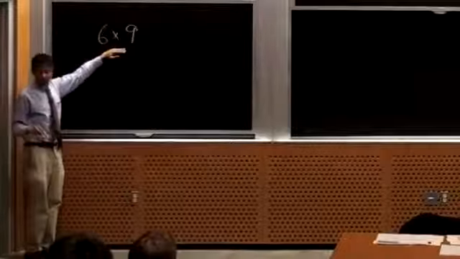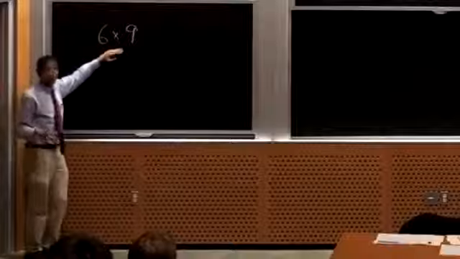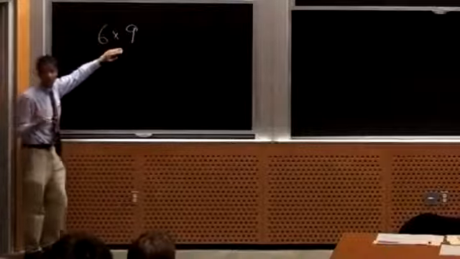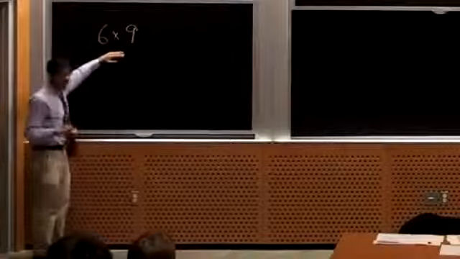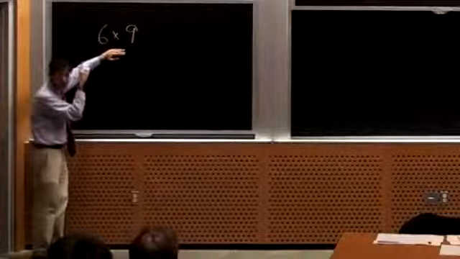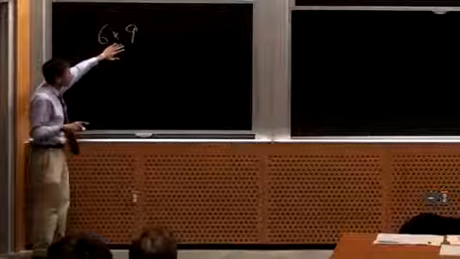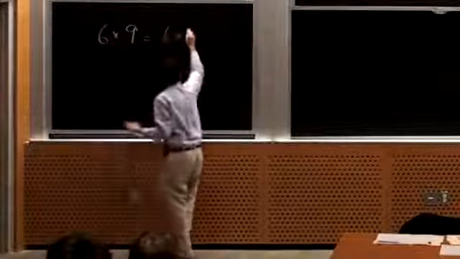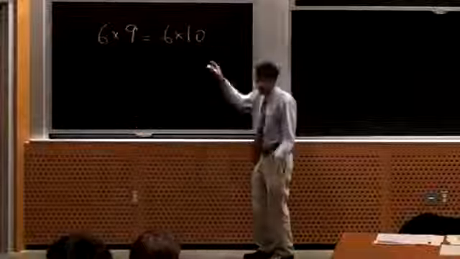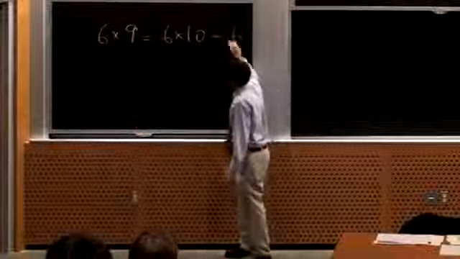Rather than memorizing that as 54, you think about what it should be and you reason your way to it. Yeah, it's slower in the beginning, but in the end, you get to the same place, but you've put it in a different part of the brain. So the way you could do this one, for example, you say, oh, 6 times 9, well, that's 6 times 10, which is really easy, minus 6.